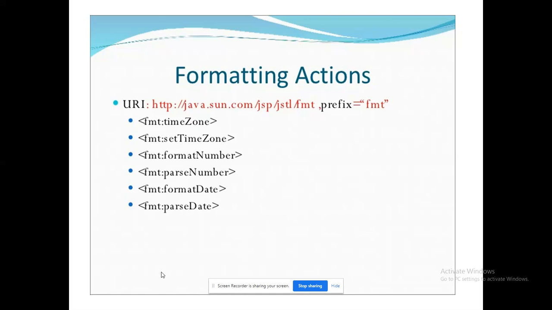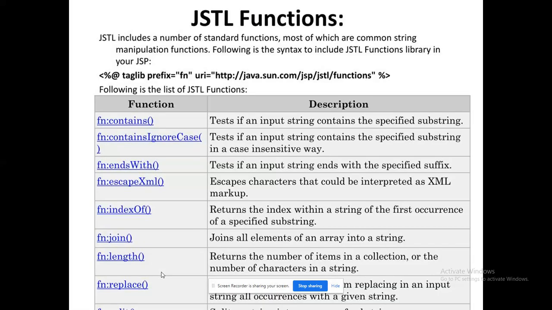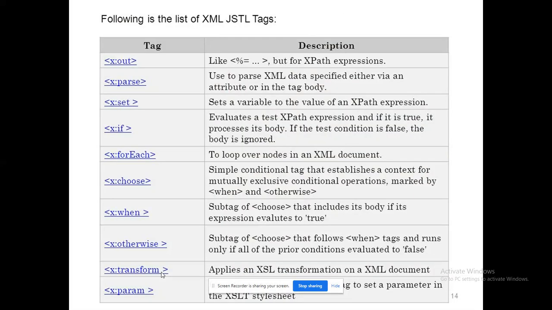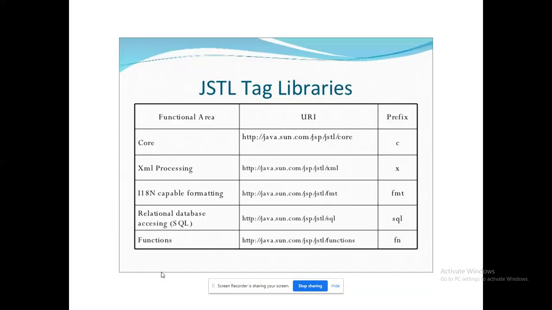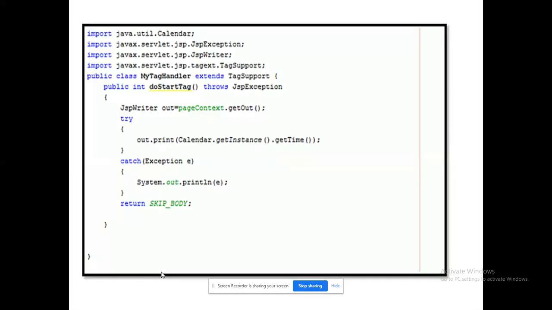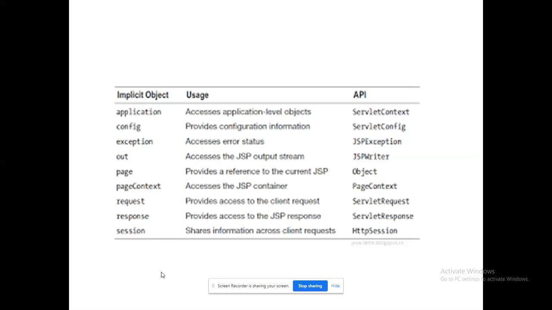Pertaining to JSTL, please remember that you have formatting tags, function tags, SQL tags, XML tags, core tags. These tags have predefined methods, but here we are creating our own methods using predefined methods. That could be the idea behind this.